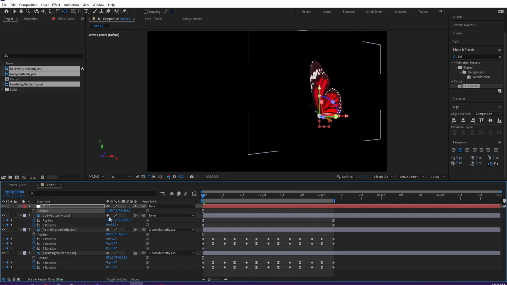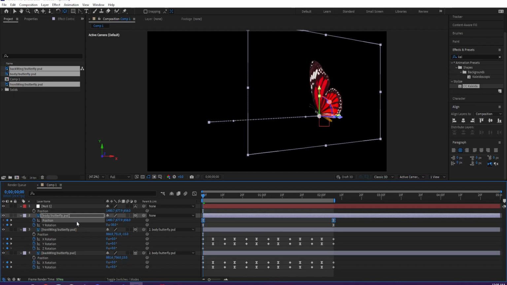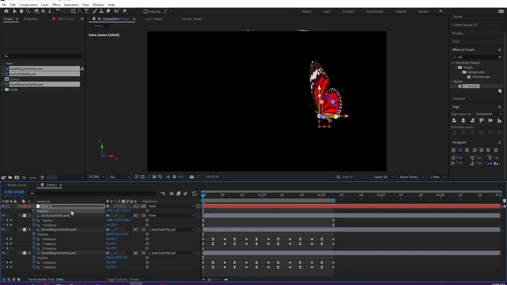Okay, so all I did was select the position, Control C, select this position, Control V, and then deleted the keyframes. So parent that back,